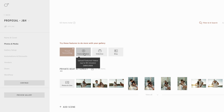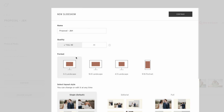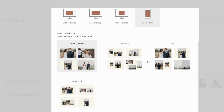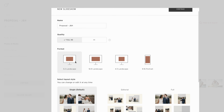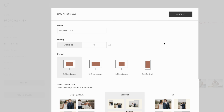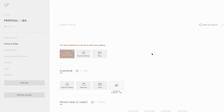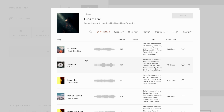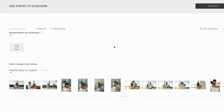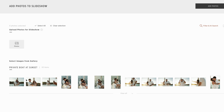And after you finish uploading the photos, you can also click on this button right here to create a slideshow. And then they give you a couple options here to choose from. If you want to show it in portrait or 4x3, 3x2, or 9x16 portrait and landscape orientation. Now, you can also select the music to set the vibe of the slideshow, but because it's YouTube and just to be safe, I don't want to get copyrighted. You won't be hearing any, but there are many songs to select from and many different moods to choose from